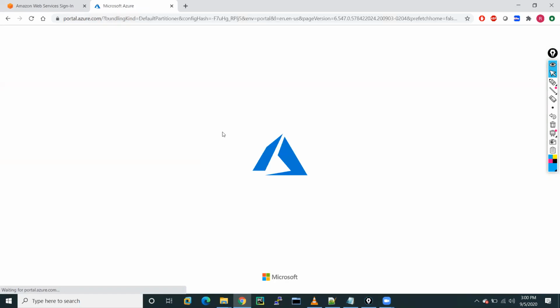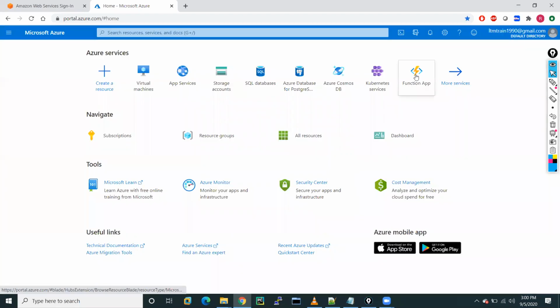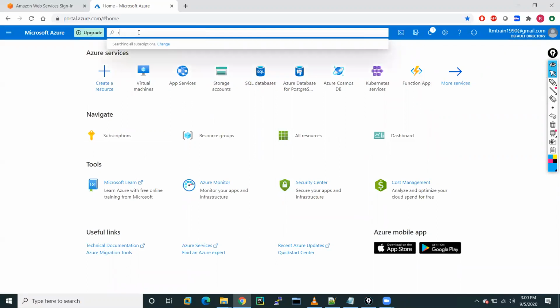So today I will try to show all three ways of creating this virtual network and resource group by using CLI, PowerShell, and the GUI option. Okay, so I will search here for resource group.